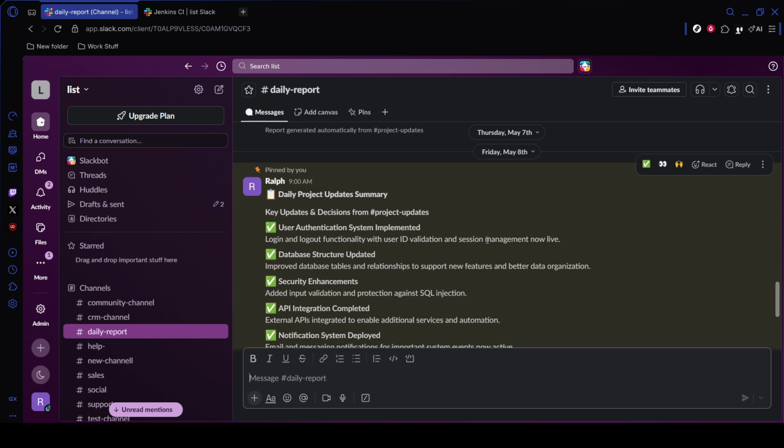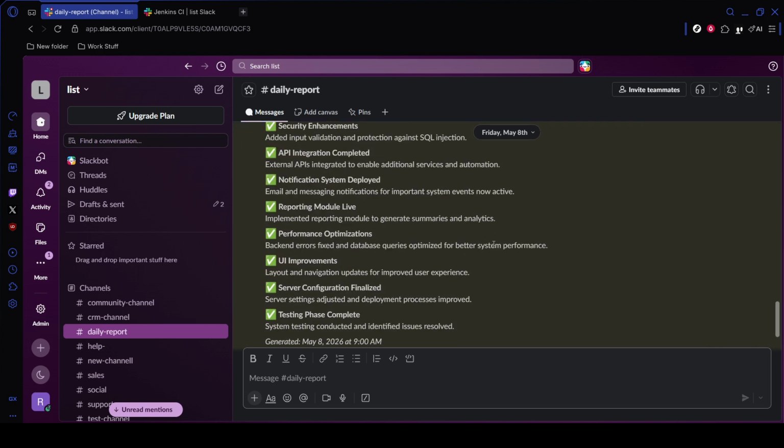Finally, run a build to verify everything. Trigger your Jenkins job, open your Slack channel,